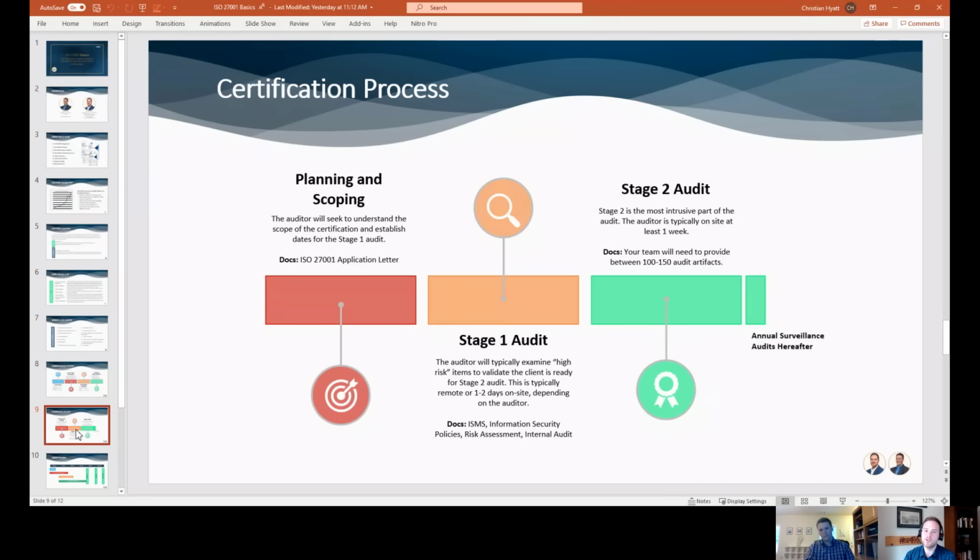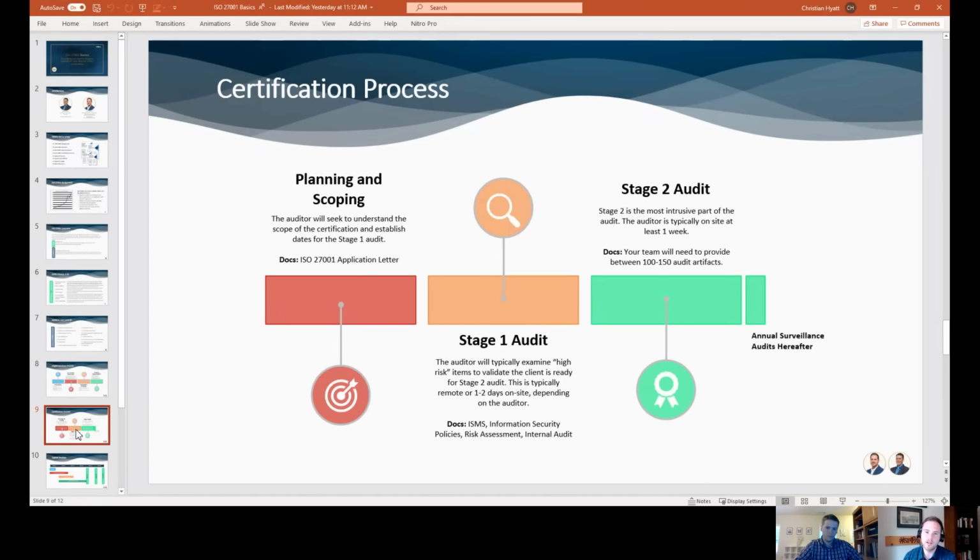So that's your first year audit. And then years 2 and 3, so ISO 27001 is a 3-year audit cycle. So you have to commit to this to maintain it for 3 years. Then they do annual surveillance audits, years 2 and 3. And that is about a half to a third of the effort of your first year. And they'll still come out on site, choose between 1/3 and 1/2 of the controls to test, and go through the motions there. But it won't be a stage 1 and stage 2. So that's kind of your certification process.